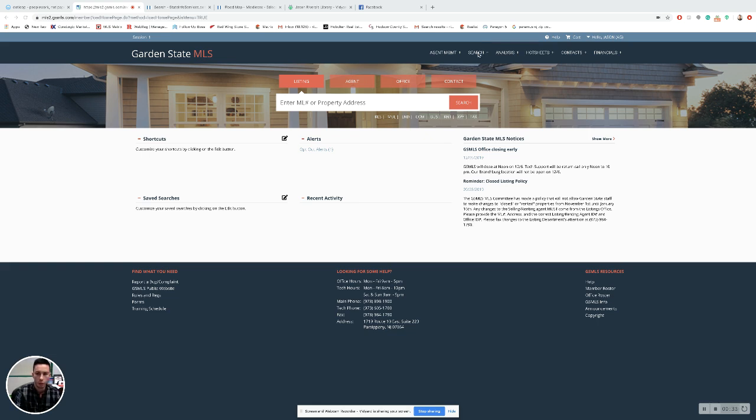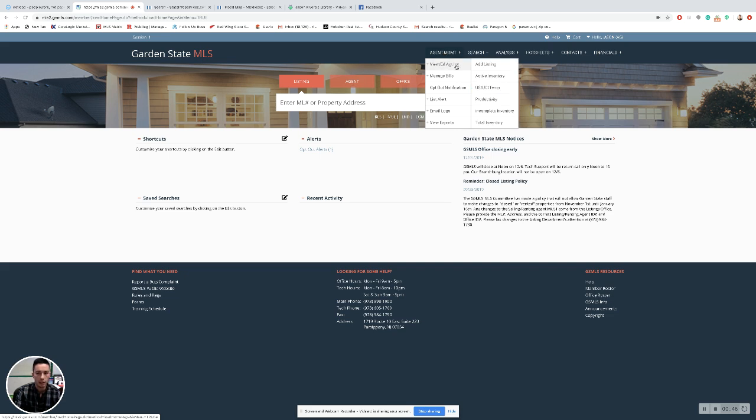So we'll first start with how to access the Garden State MLS portal and inputting the listing itself. So at the top under Agent Management, under the first tab, we have View and Edit Agent Inventory. As you rest your mouse over this, it's going to come up with a list to the right-hand side. The first one, we're going to go to Add Listing, but also as you end up having an active inventory, you can scroll through this and see the properties that you have currently as active, under contract, continue to show